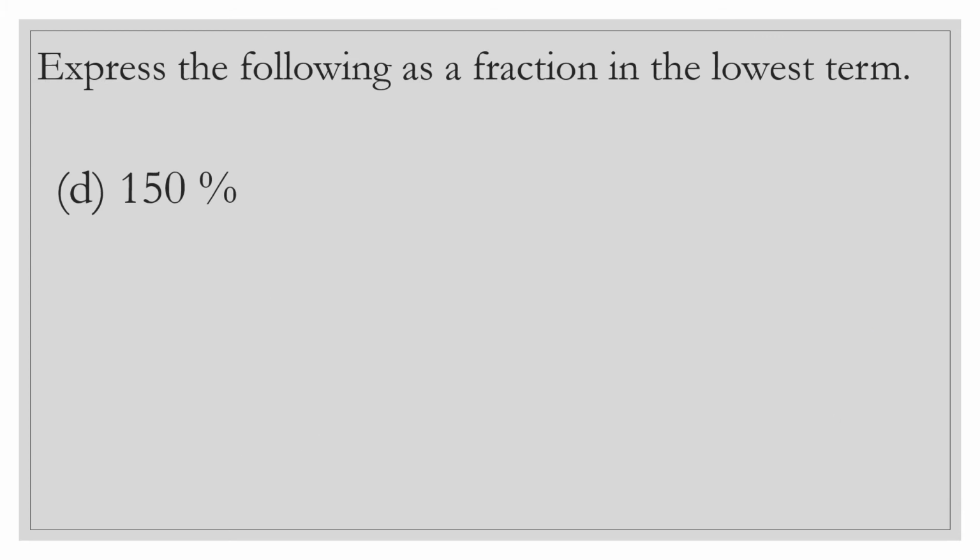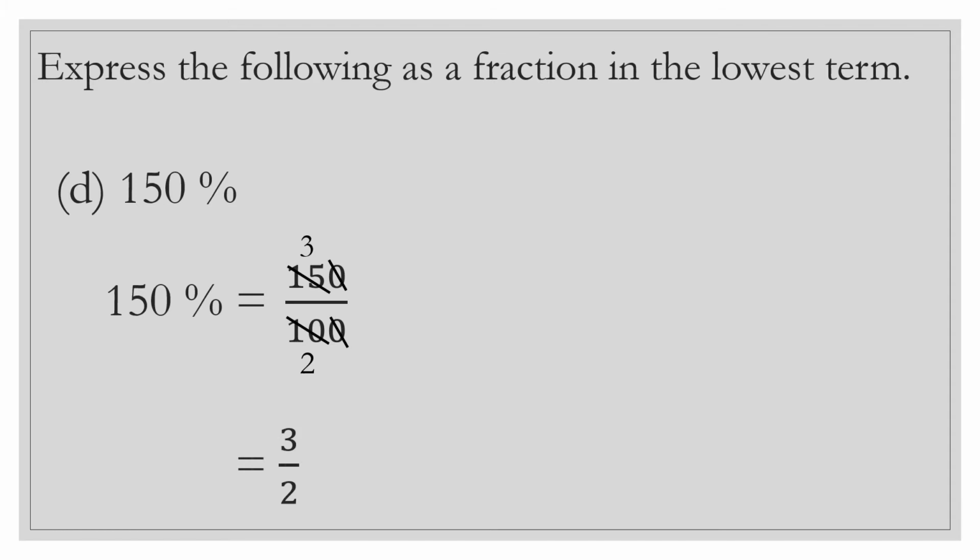Let us solve one more question. Question number D. 150%. We know that 150% is equal to 150 upon 100. Now simplify. First, cut 0 by 0. Now we have 15 upon 10. See, 15 and 10 both are divisible by the same digit 5. So divide. 5 3s are 15 and 5 2s are 10. So we get 3 upon 2. But 3 upon 2 is an improper fraction. So let's convert them into mixed number. So divide 3 by 2. If we divide 3 by 2, we get 1 1 upon 2. So the answer is 1 1 upon 2.